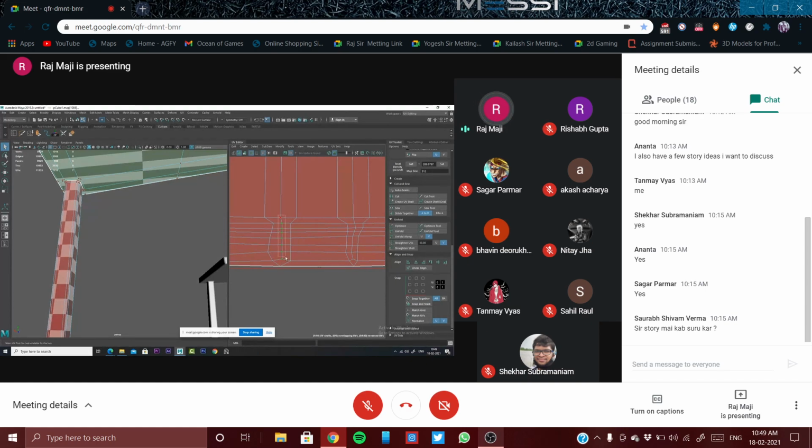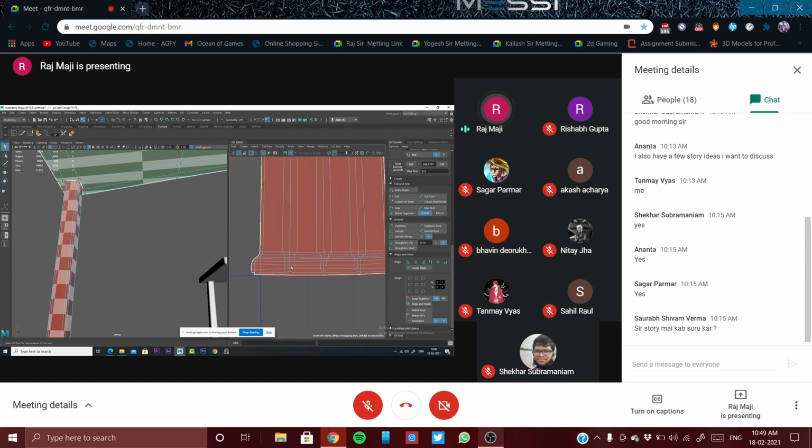Aligning, now selecting this and aligning towards the left, so you are getting the straight line, and left, or aligning at the center. So like this can be created. All of this can be created.